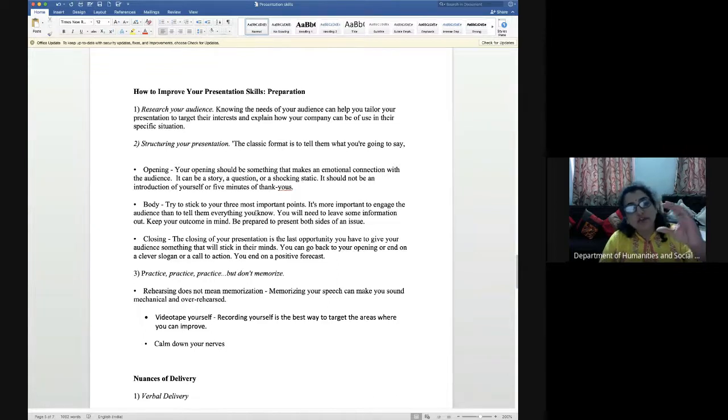Then you can come to the explanation, the issues, the problems, how it would be engaging, and what the important points are. So everything comes in the body, the middle part of your presentation. In the last part of the presentation, it is the closing, the conclusion, summarizing the points, and then you highlight the main points which you have spoken, and you can also repeat the key points.